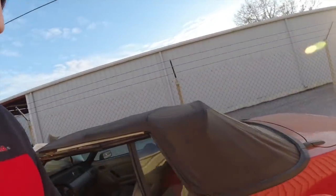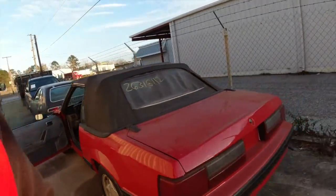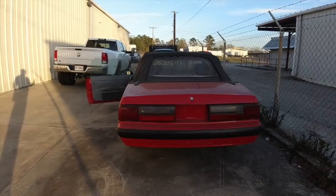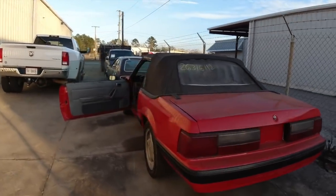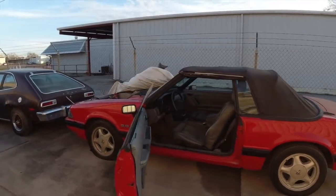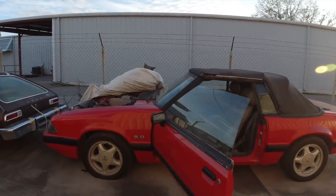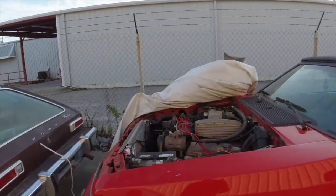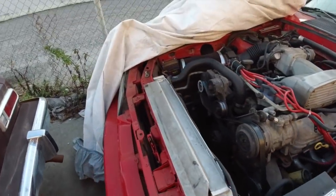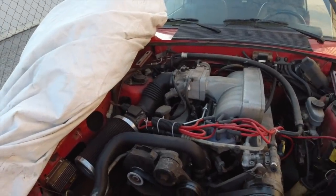Yeah, it's got a cam in it. It's probably got like an E cam. I can hear it now. The power steering pump is whining. It needs some power steering fluid in it, but other than that,